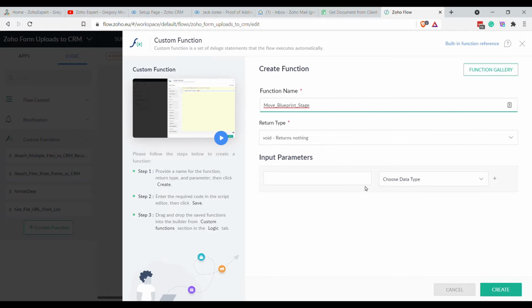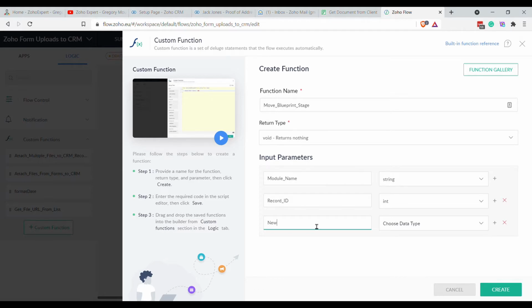And this will return nothing, that's fine. So incoming, we want the module this is working in, module name, and that will be a string. We want the record ID, and that will be an integer, and we want the new stage name, and that will be a string,